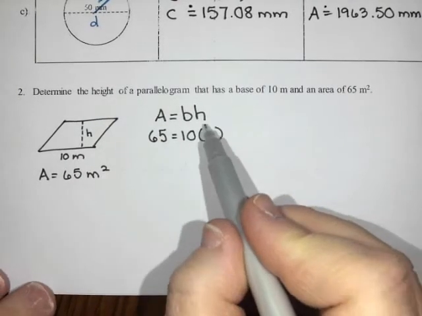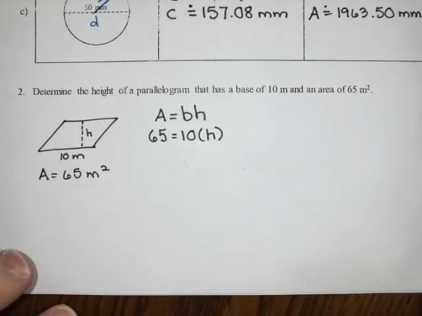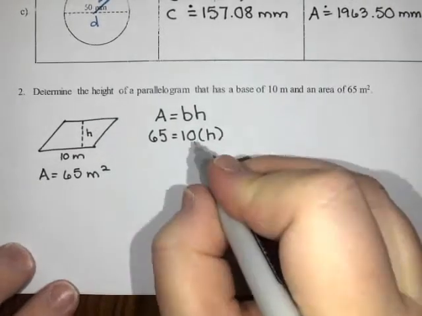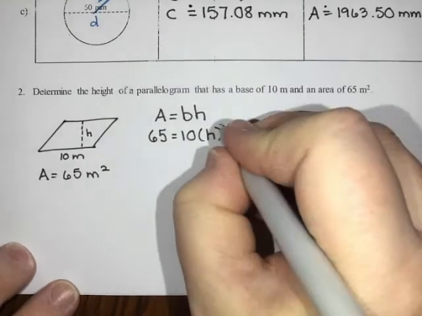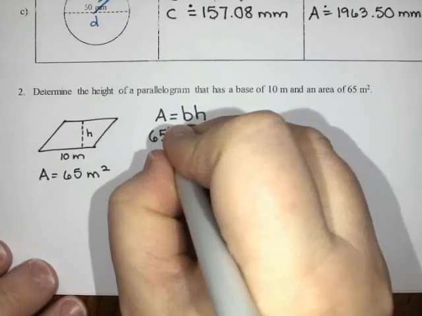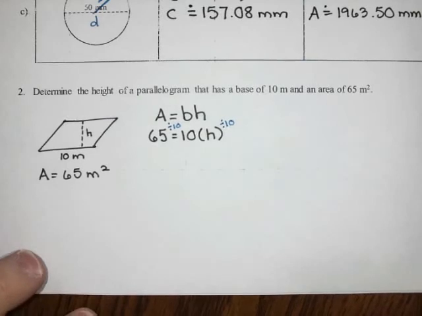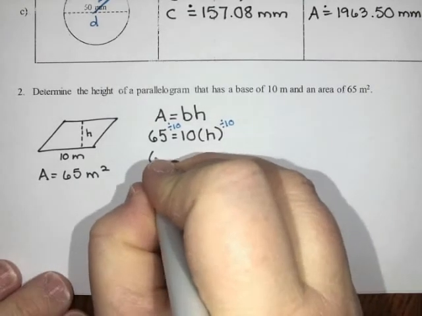Now, if you don't like having the h on the right-hand side, you can flip your equation over. But since it's just one operation, I think I'm going to leave it. To get rid of a multiply by 10, I'm going to do the opposite and divide by 10 to cancel it out. And what I do on one side, I have to do on the other. So I'm going to divide 65 by 10 to get 6.5